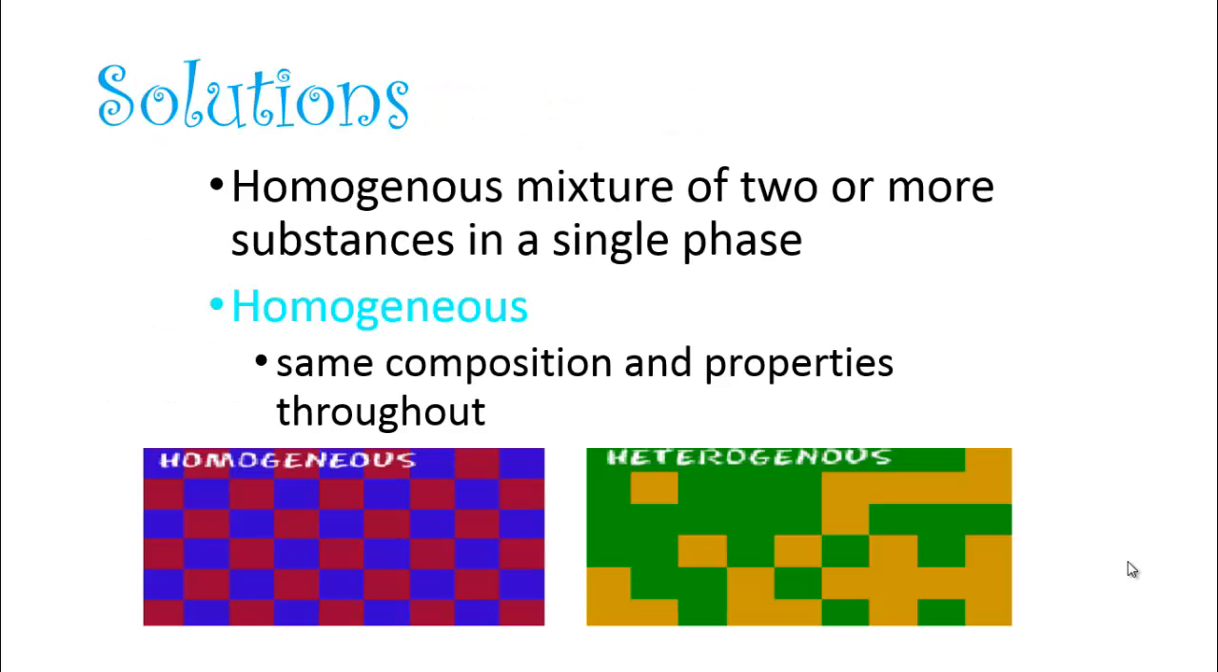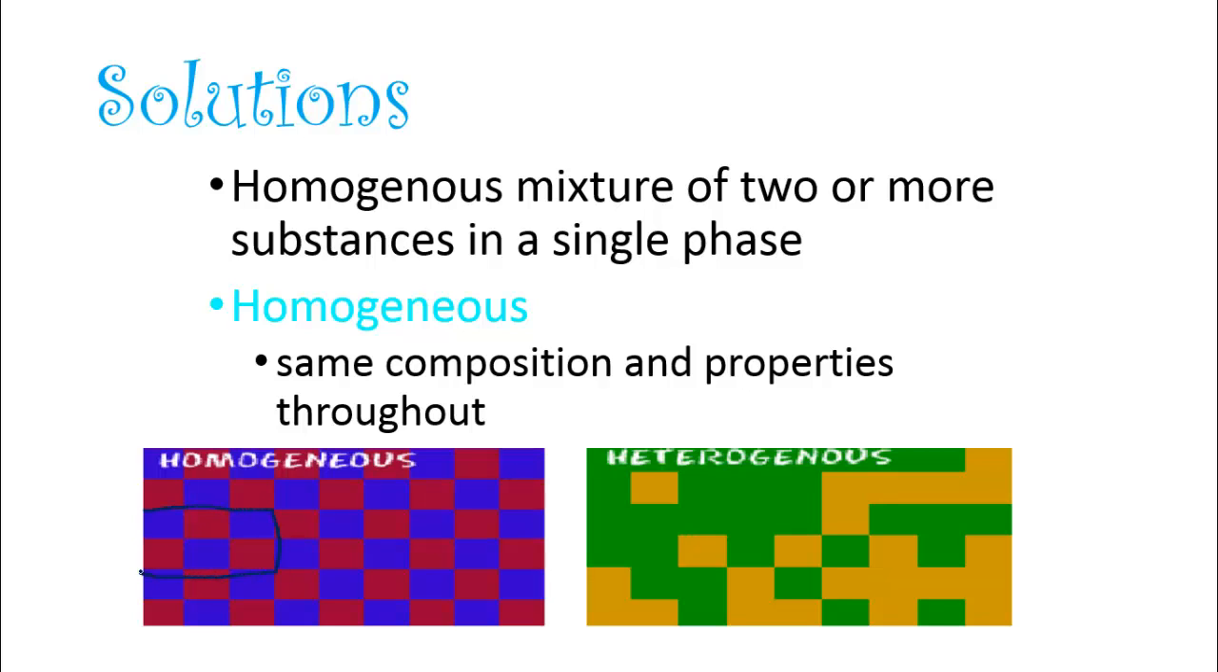Solutions are a homogeneous mixture of two or more substances in a single phase. So homogeneous, what does that mean? It is the same composition and properties throughout. So if you look at our two examples, the first one is homogeneous. It's the same throughout. If I took a square,